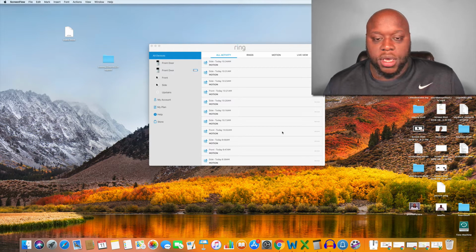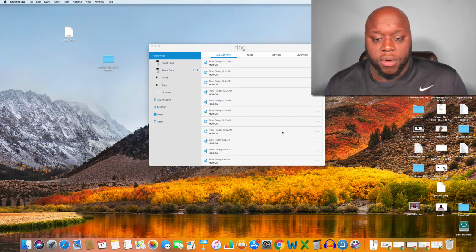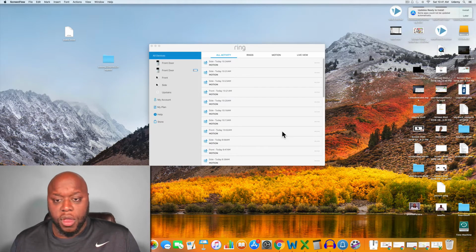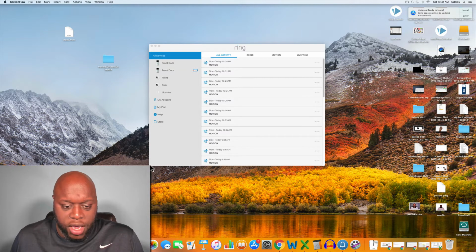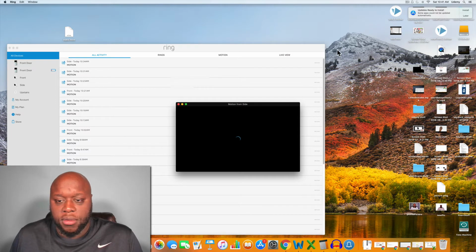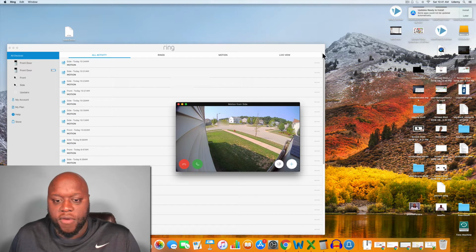If you're using a desktop computer, you could use an iMac or you could use the desktop version of the app. So this is just a follow-up to the review that I had done previously. What you see on your screen here is the Ring application. Also, in addition, if you hear a doorbell sound go off, actually here's a perfect example of the